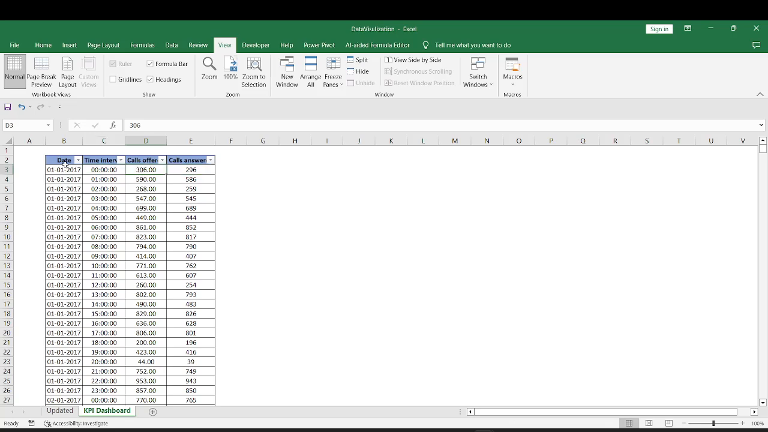With this simple information, we won't be able to do a complete analysis of this data or the call flow. We need some more values to be added for us to analyze this data better. First, let me extract the month of the days here. To extract the month from the date, the formula is TEXT, and the value is the date,